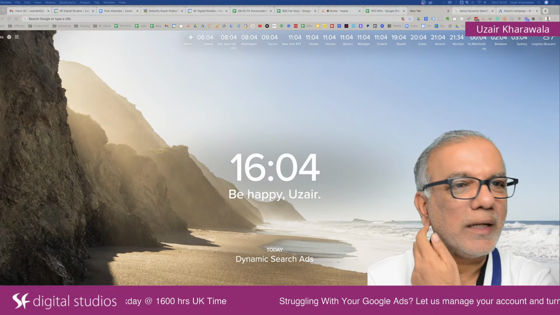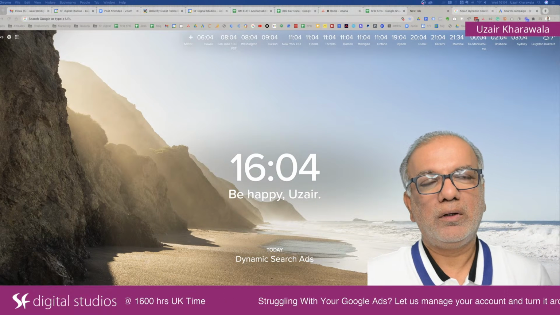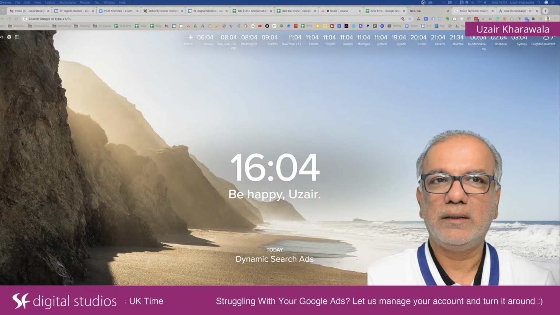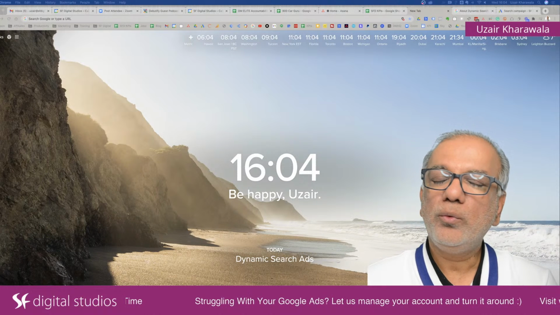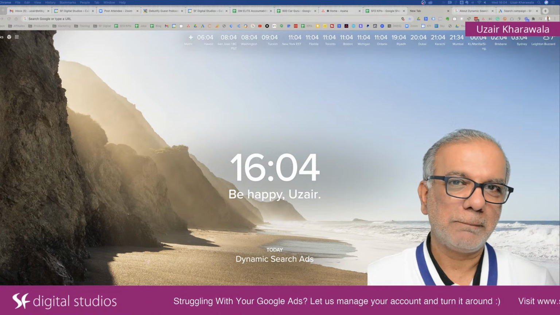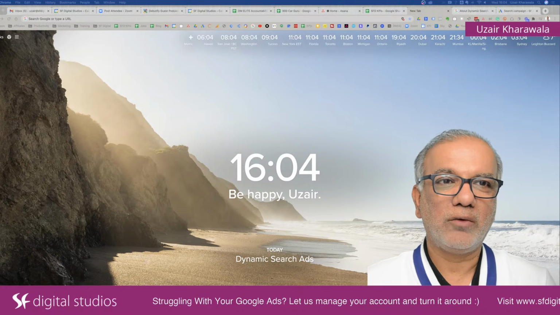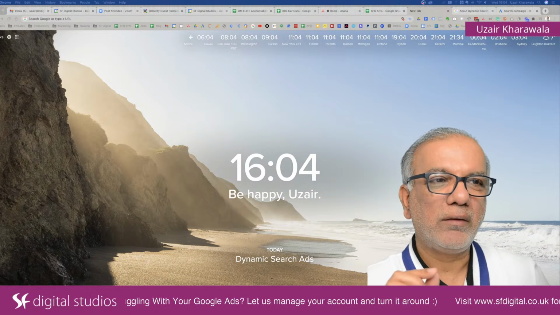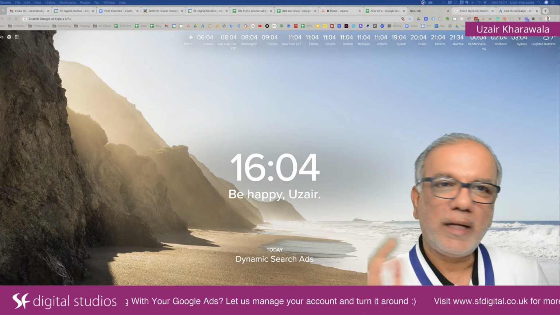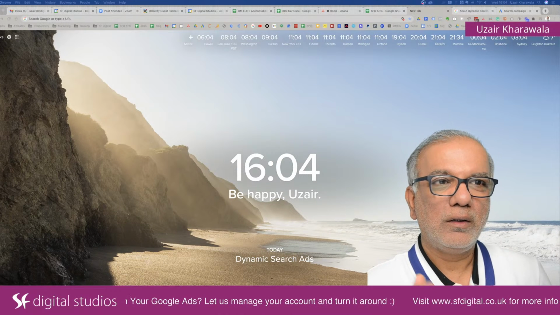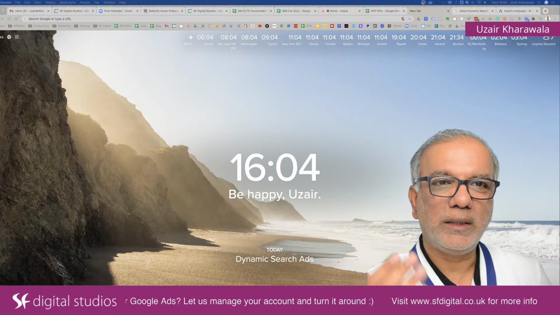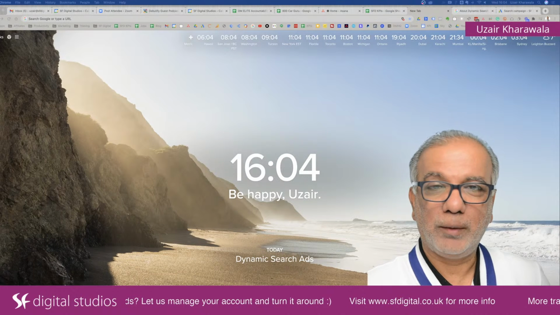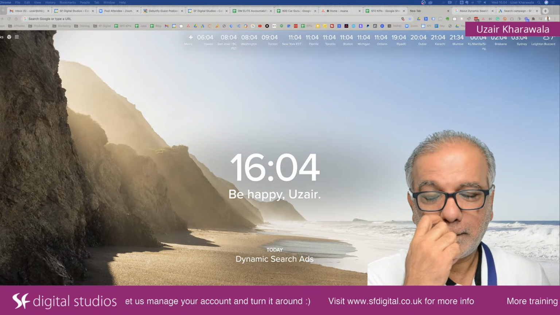You can use negative keywords, obviously, but what the DSA gathers and garners is new search terms which we are not targeting. That is what we need to find out every day. There are about 15 to 20% of search terms never searched before on Google. So these are all brand new queries. They are not in the search term report or the keyword planner.